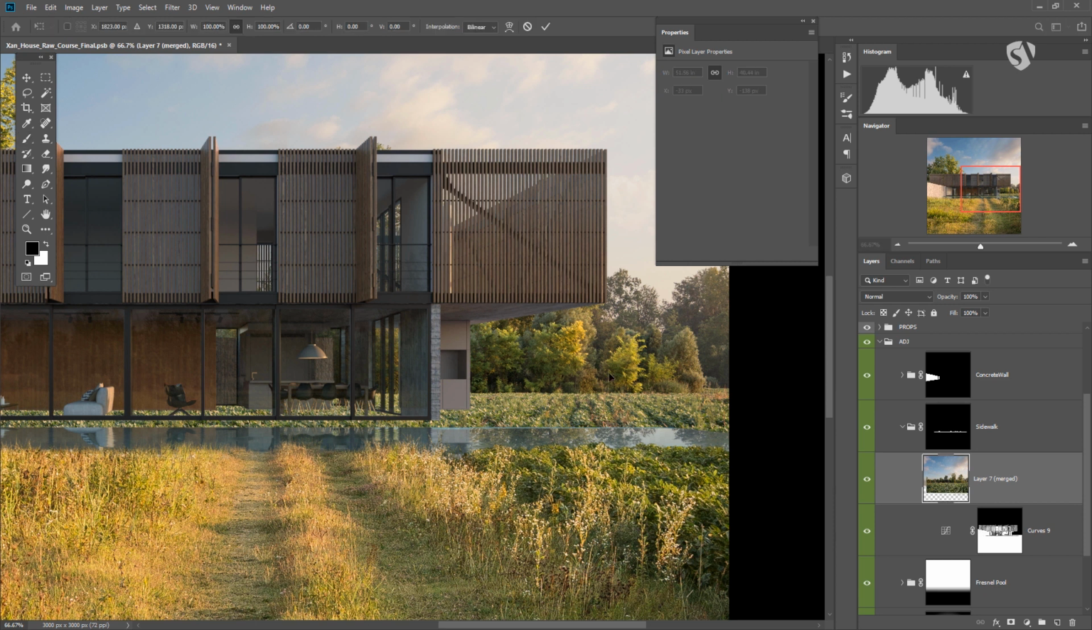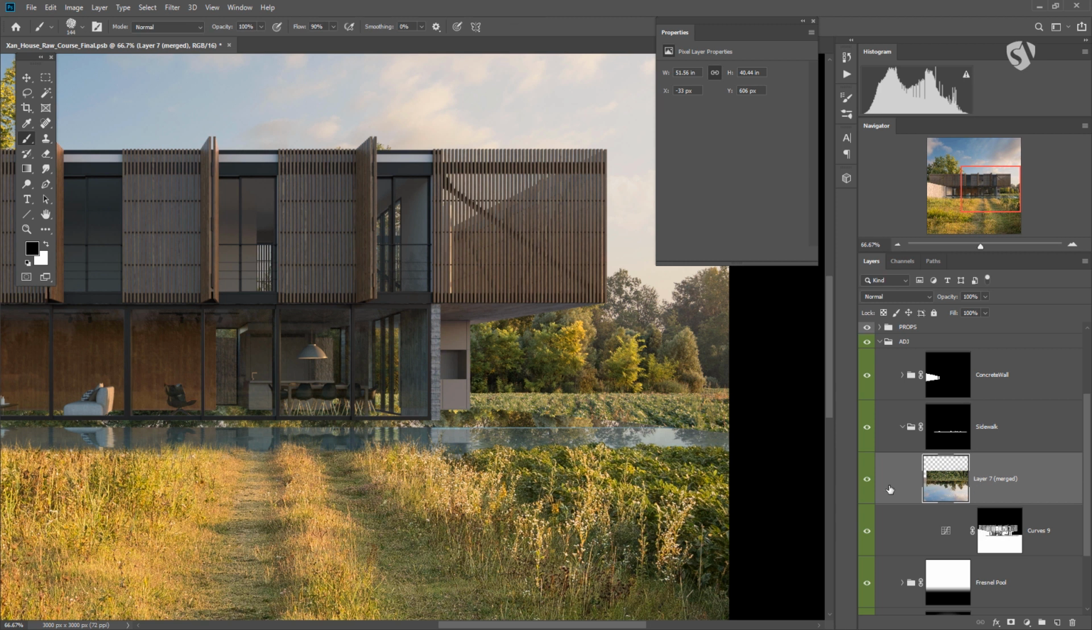We, of course, right-click, Ctrl-T, right-click, and flip vertical. And we move it up and down in order to search for the right content. And here we go. And now we need to keep this only in this area. But before doing that,